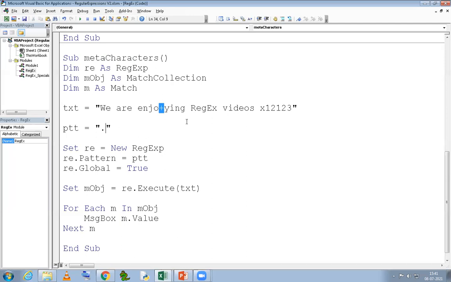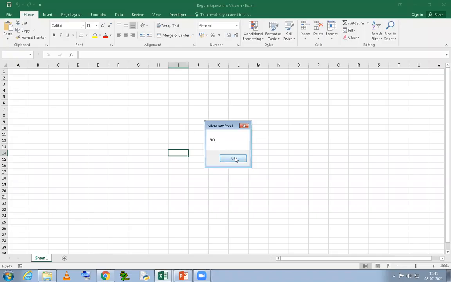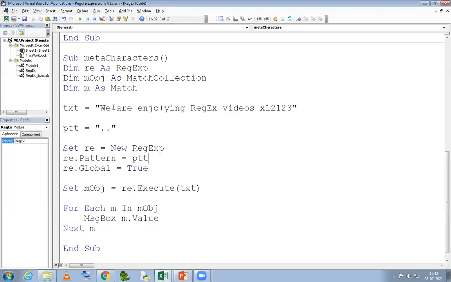But what if we say we are going to find 2 dots? So it will find WE, then it will find E space, then it will find space A, and let's run and check that. So WE, A, RE, and E, and then NJ, NY, am I correct? So it's only picking one match. So WE, and then it is not repeating the E and space. Once it finds WE, then it will find space A, then RE, then space E, and it is going to continuously pick 2 of any characters, right?